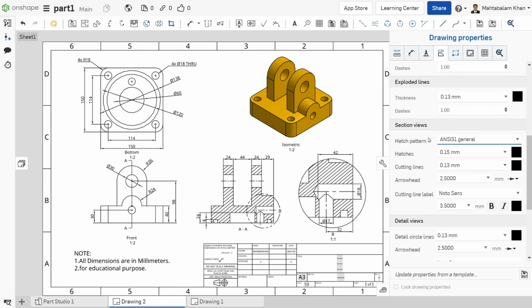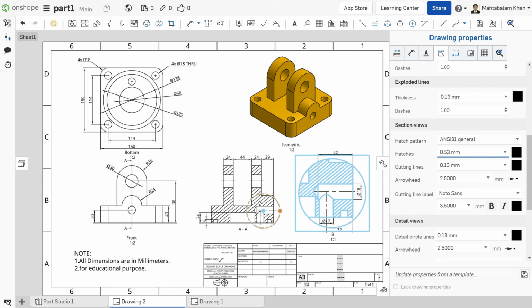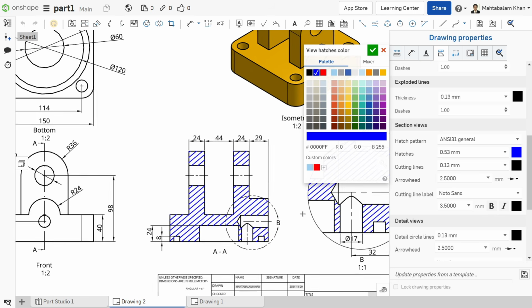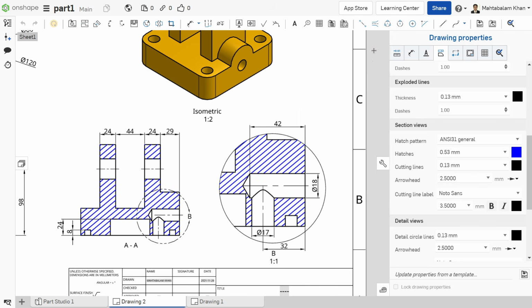These are the hatch patterns. Now hatch pattern also size 0.53, and this color blue, look, if you select red it becomes red, blue, say okay. Arrowhead, okay.